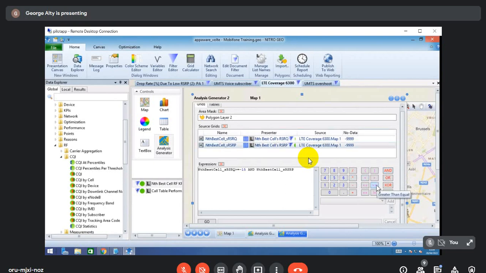So what's a good value for RSRP? I'm looking for somebody that's dropping calls in good RSRP, bad RSRQ, which will show the polluted areas. So let's call that the dBm. Let's say minus